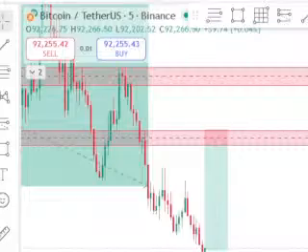So these are two things. This is basically how we identify the point of interest that we want to trade from using this market mechanics strategy. And the next is